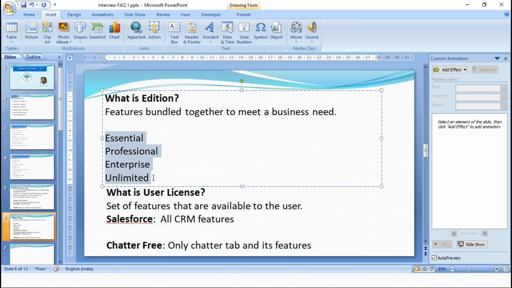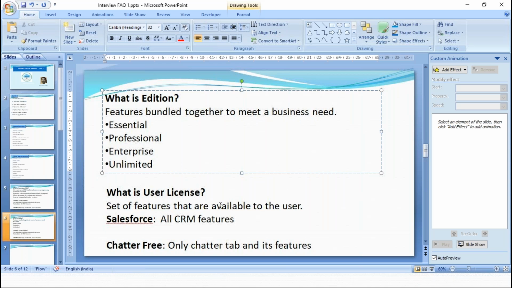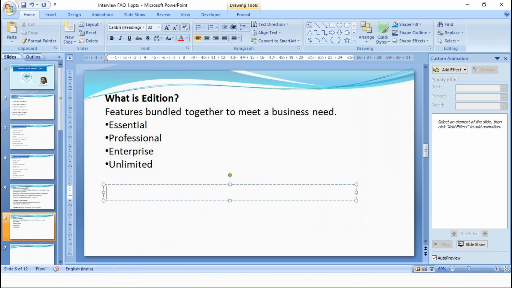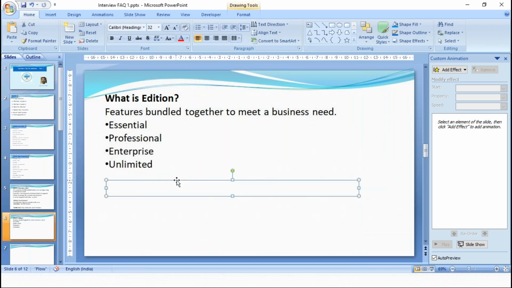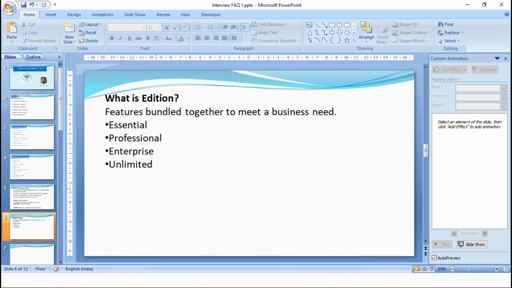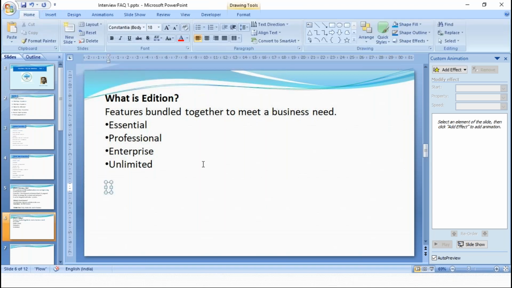Features are more in Unlimited and fewer in Essentials. In real time, which edition will you use? Most businesses use Unlimited. In some rare cases you'll find Enterprise, but in most cases Unlimited is the edition we use.